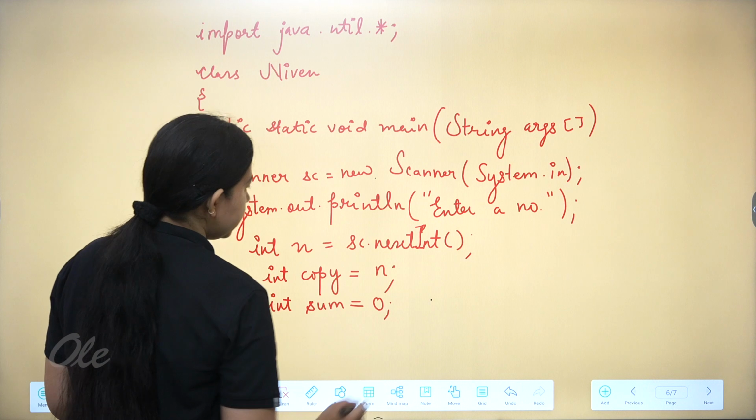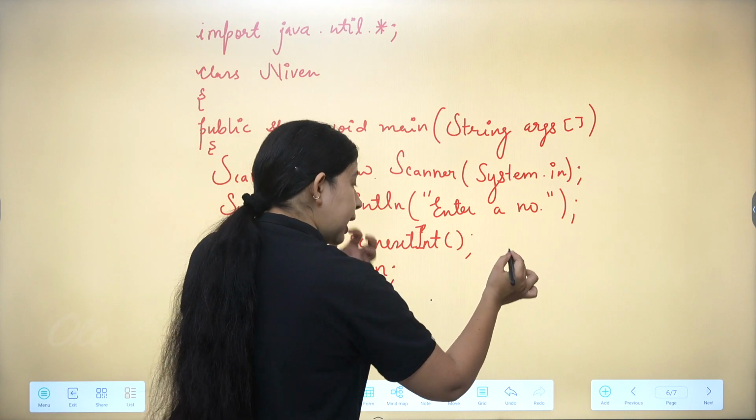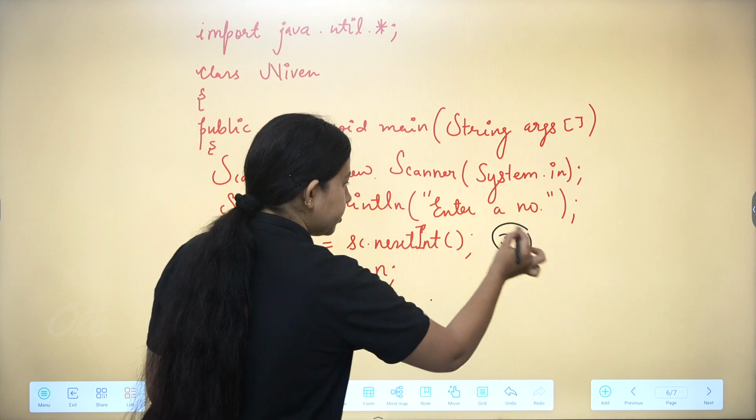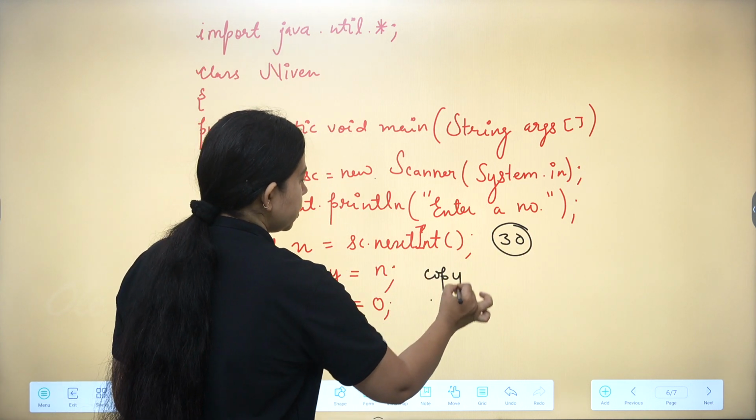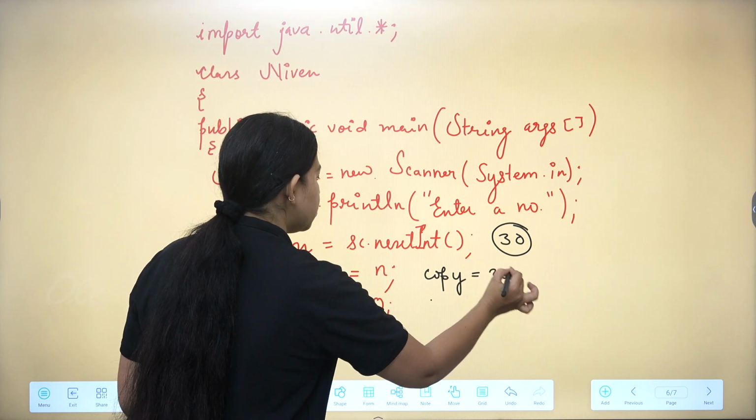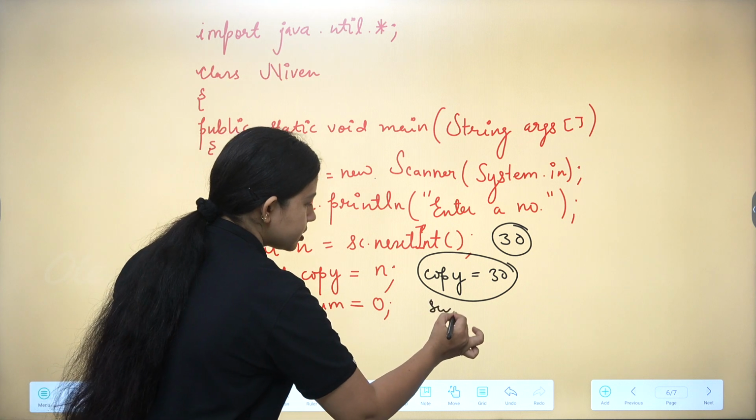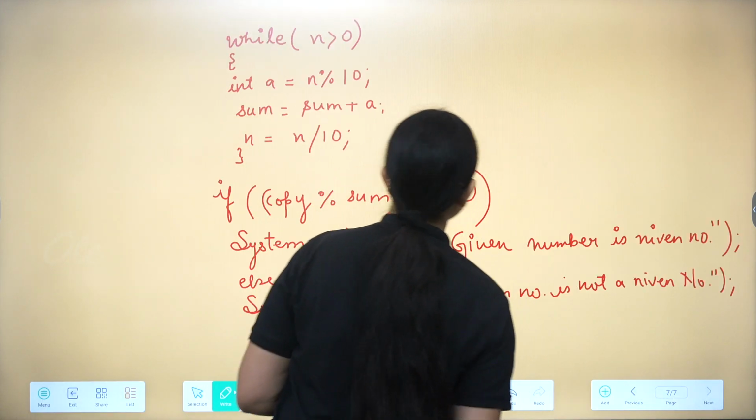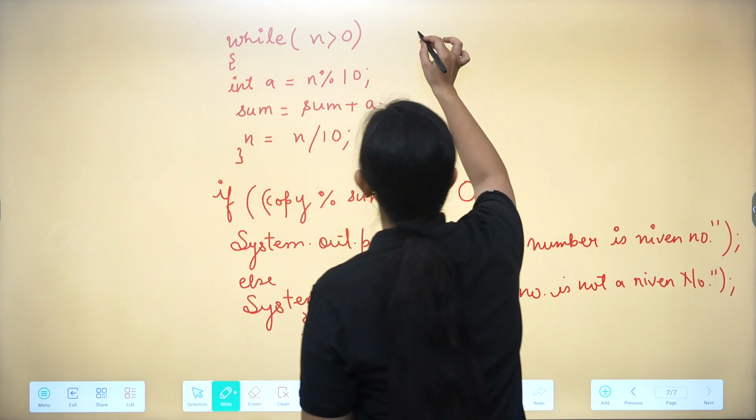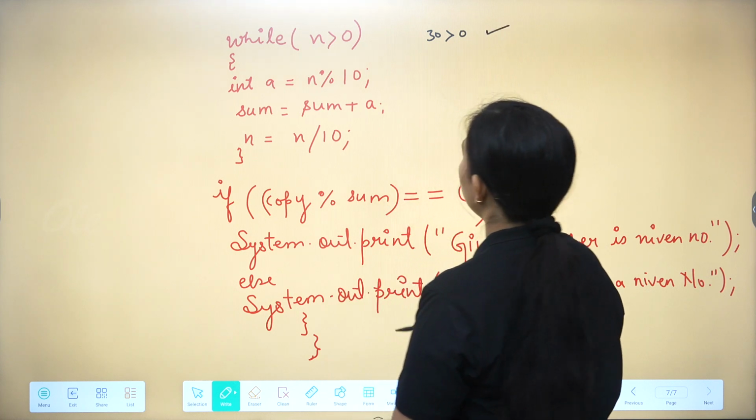Suppose I take a number over here, any number. I'll take 30 as the number. Now copy also contains the same value, that is 30. Sum, initially it is 0. Alright, so next, once you are checking the condition, 30 is greater than 0, the condition is true,